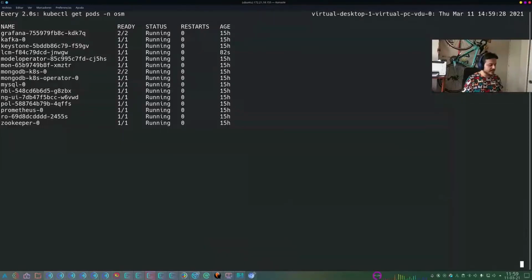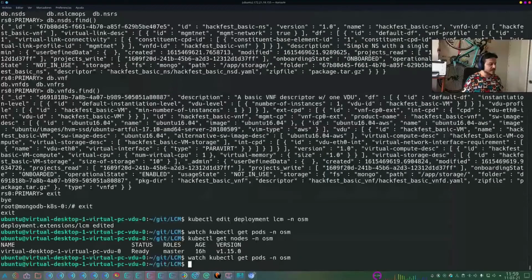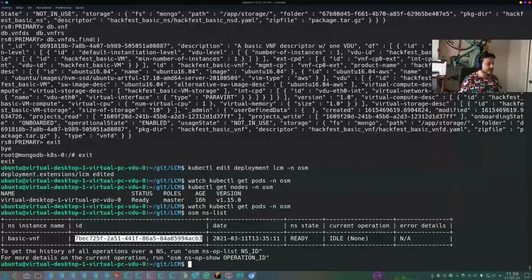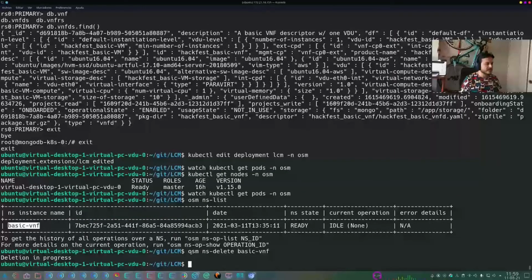in your own OSM. So now what we're going to do is list the NS we have deployed, the one we deployed with Mac, and delete it. Or with OSM NS delete, and the instance name. So now,